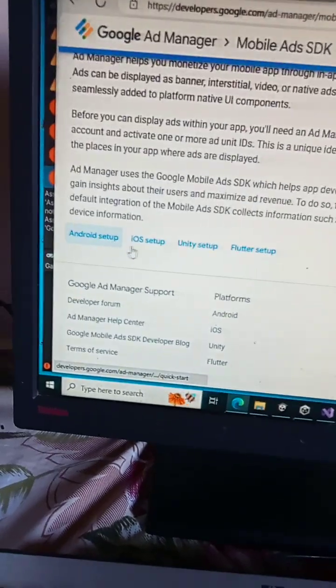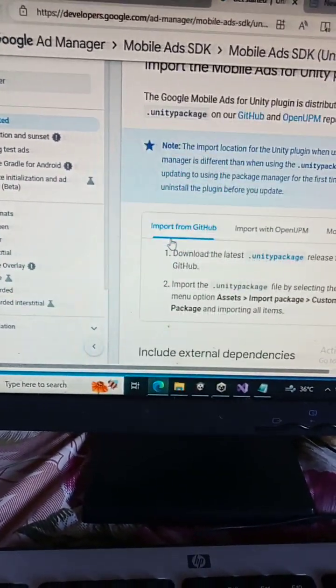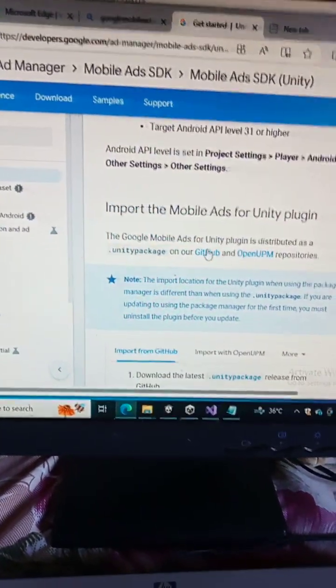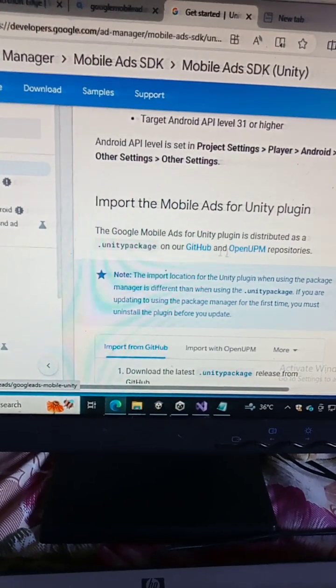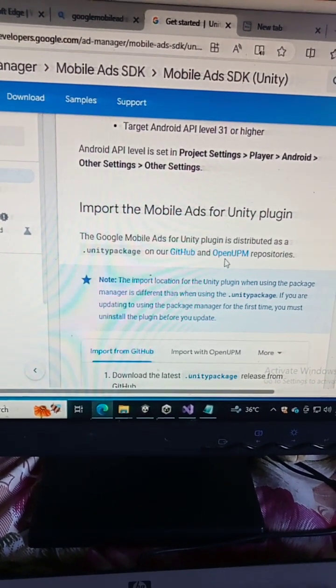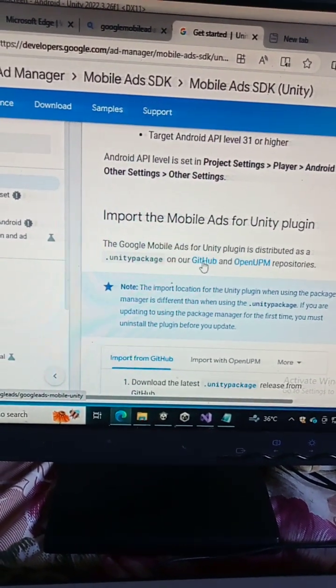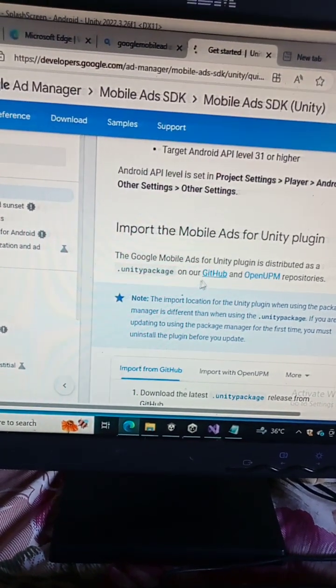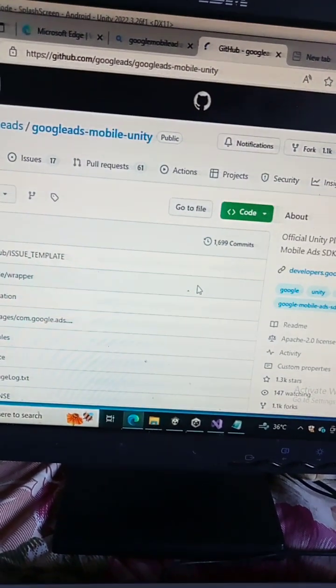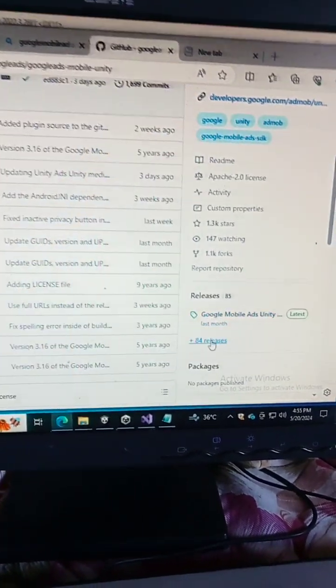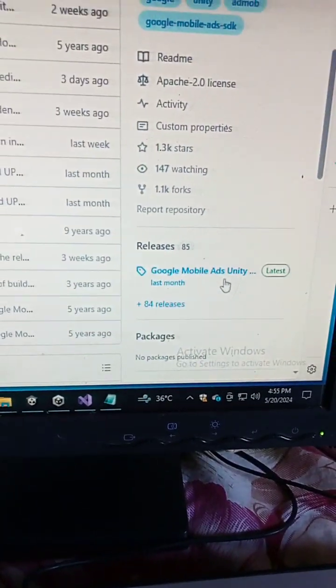Now you can select Unity setup and then go here. You can download it from either GitHub or OpenUPM. I will download it from GitHub. Just click it and here you can see the 84 releases of Google Mobile Ads Unity.